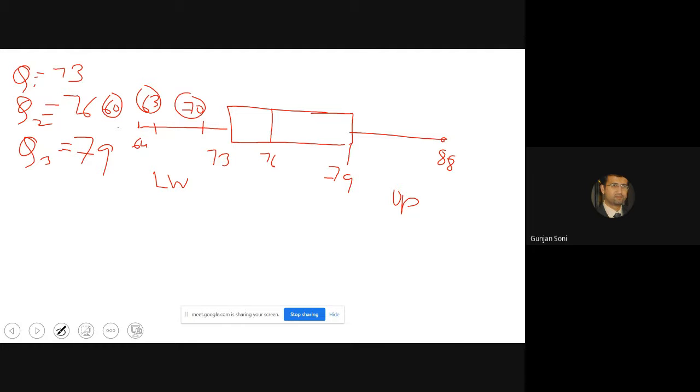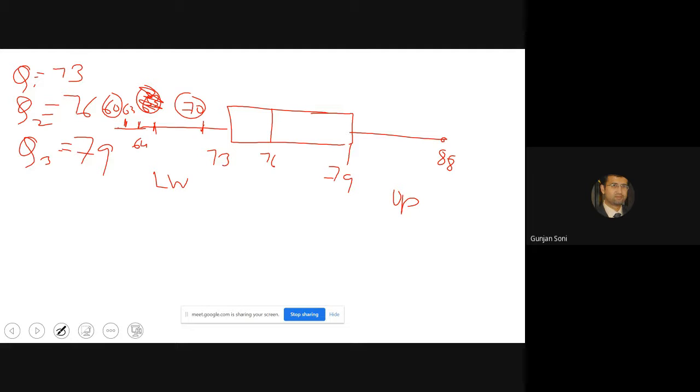Sorry, 63 is over here. So now we got four options to explore. Whether our lower whisker should be at 60, at 63, at 64, which we have calculated, or at 70.